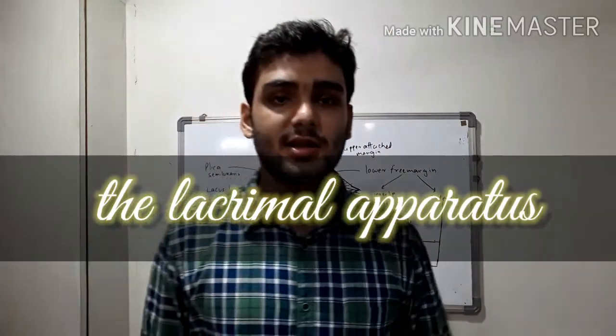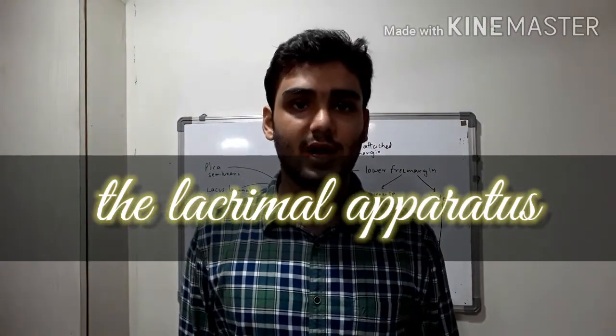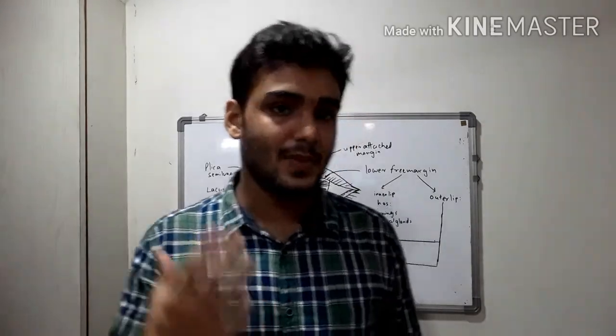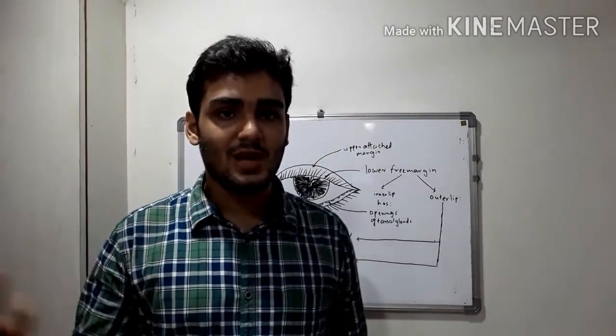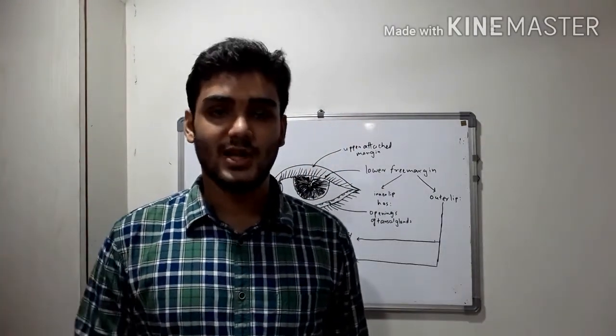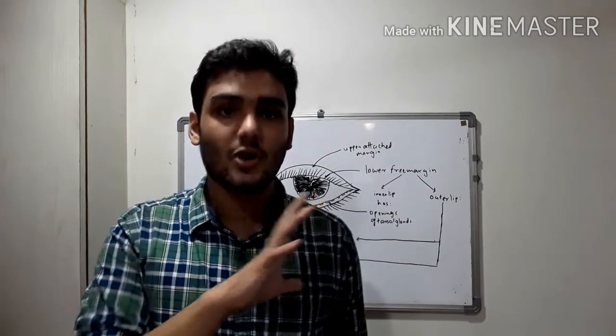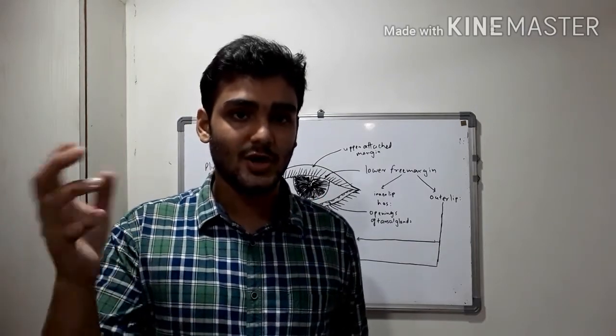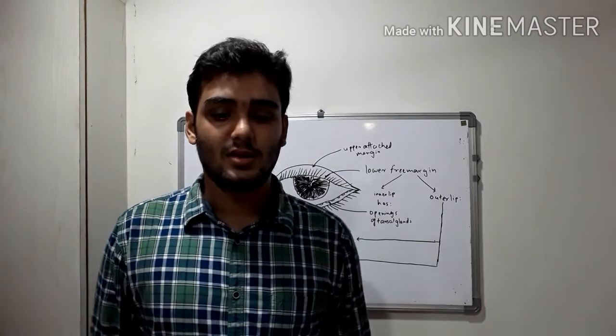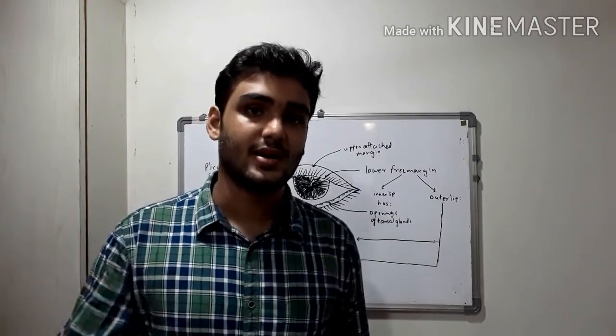So now we shall study the anatomy of lacrimal apparatus, but before that, let's get acquainted with the apparent part of eye and the anatomy of palpebrae, that is the eyelids, as without that you cannot completely understand the topic of lacrimal apparatus, as some terminology is involved there. So you can cram it, but you cannot completely understand it.